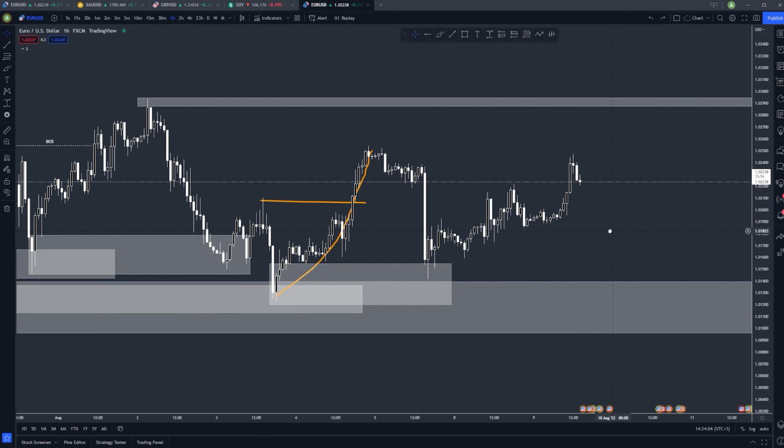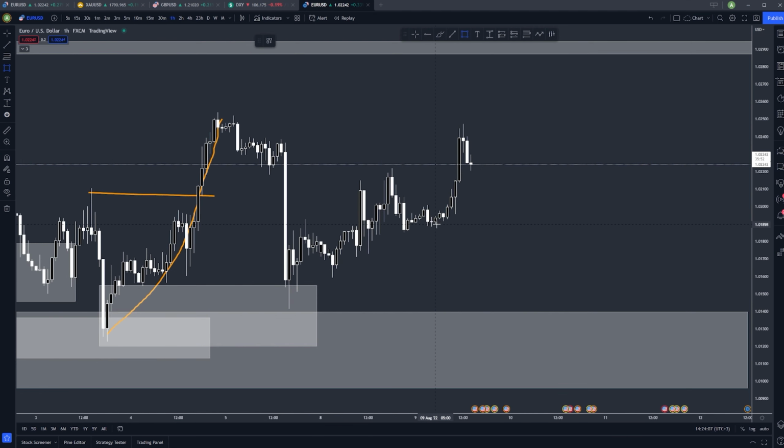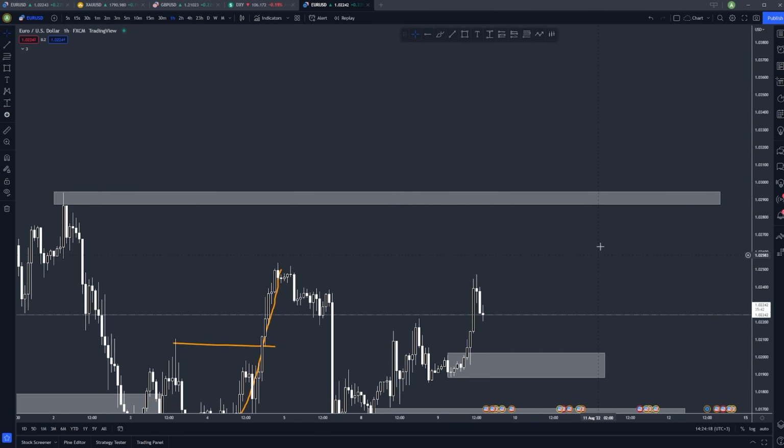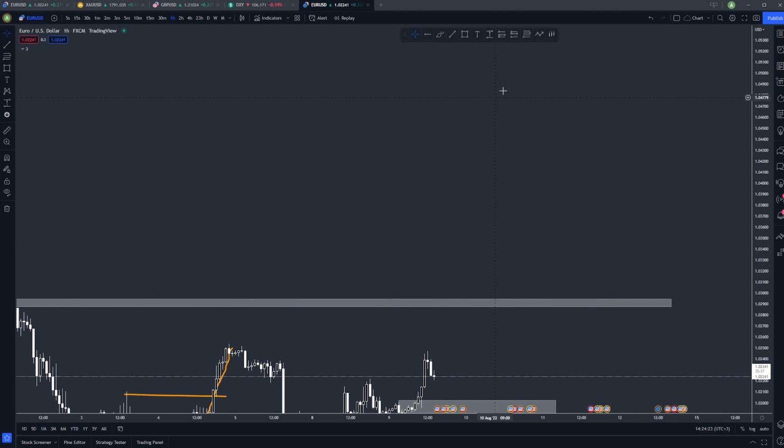So what is price going to do next? It's going to come back to mitigate the demand that caused that break of structure. And we have this area right here, and then we can probably take this area as well as an extreme zone. The point of this video is to actually help you guys escape those counter trend losses, because I know